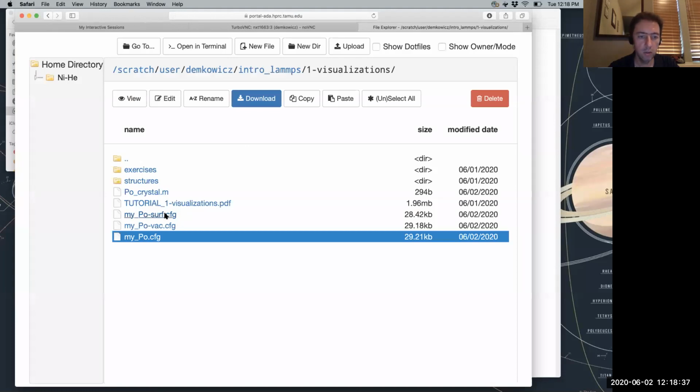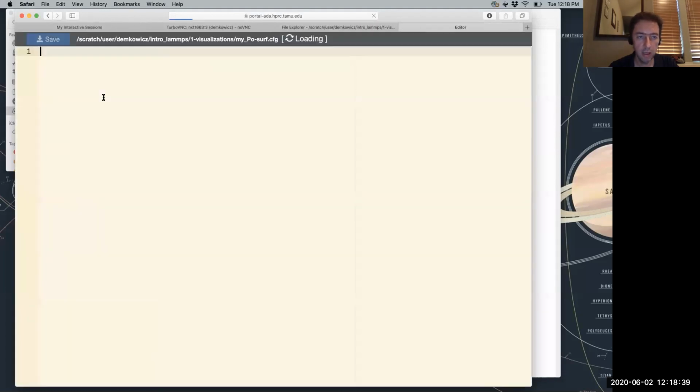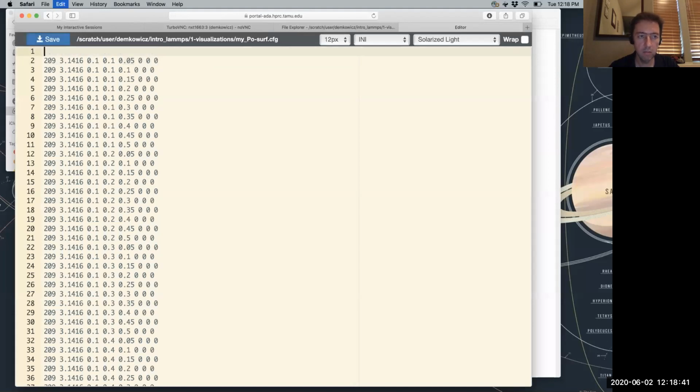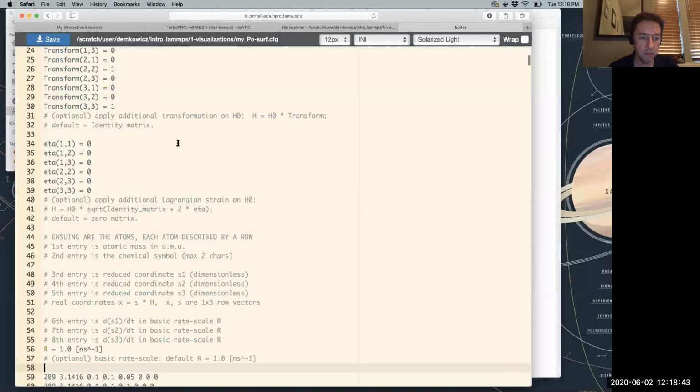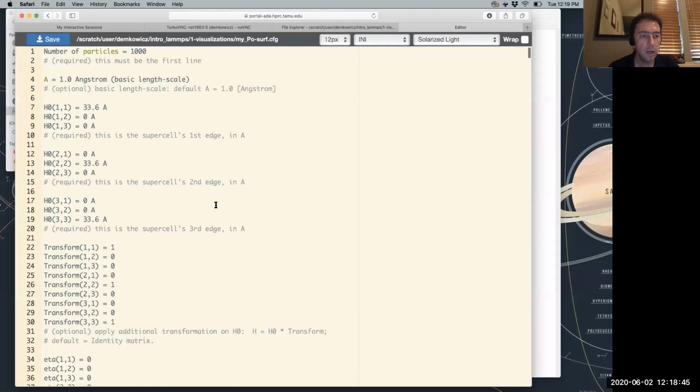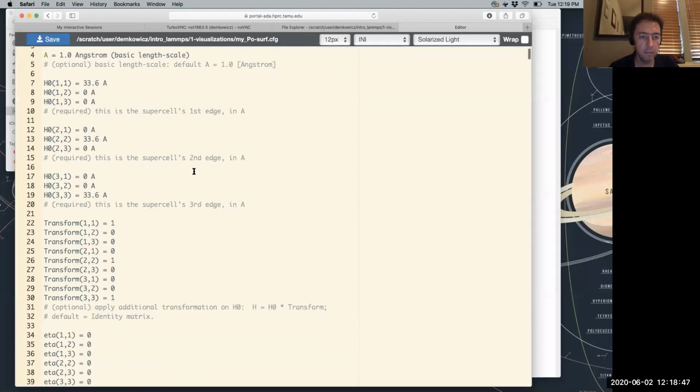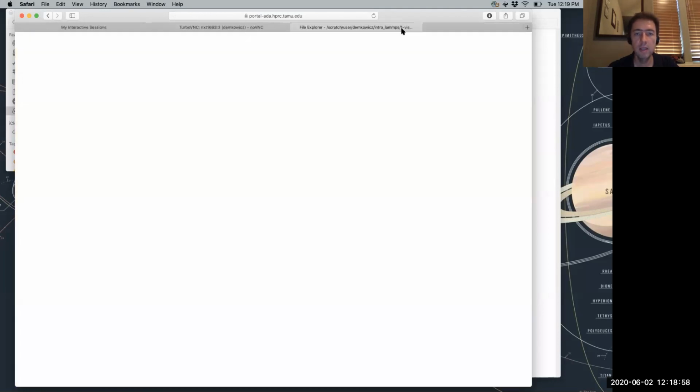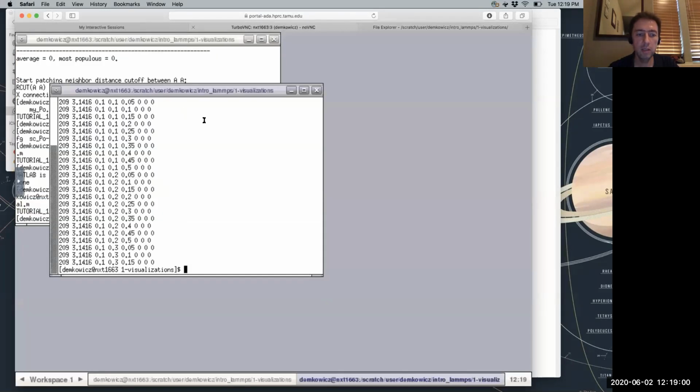I'm going to take this, edit, paste the header. There's my header. 1,000 atoms just as before, except now I'm going to increase the size. 7.2, save. And now I should be good to go.